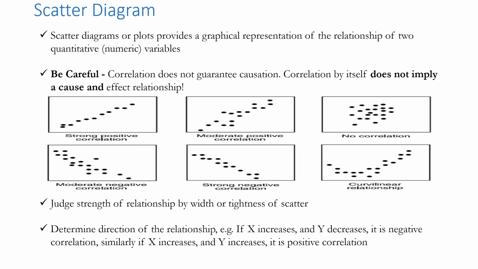So a scatter plot to begin with is a bivariate data visualization. It is talking about the relationship between two quantitative variables. Now when we look into the scatter diagram, these are a few examples. I have only two variables, remember that: X-axis and Y-axis. And when we interpret these plots, we will be able to identify whether